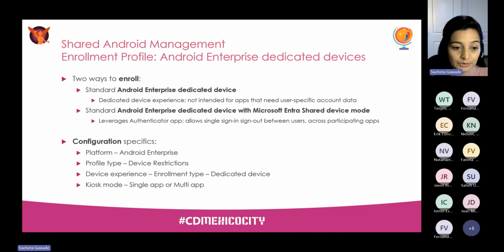Now getting into the more technical aspects. I'll be covering in detail the specifics for Android management in the next couple slides, and subsequently jump onto the demo right after so you can see it in action. So for Androids, as we learned on an earlier slide, the Android Enterprise corporate owned enrollment is recommended for shared